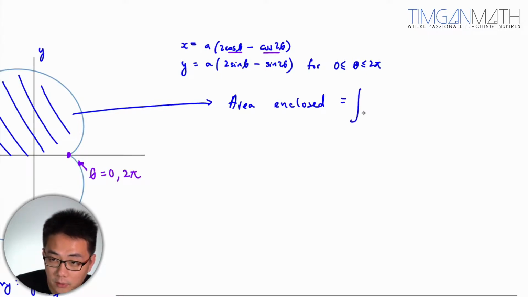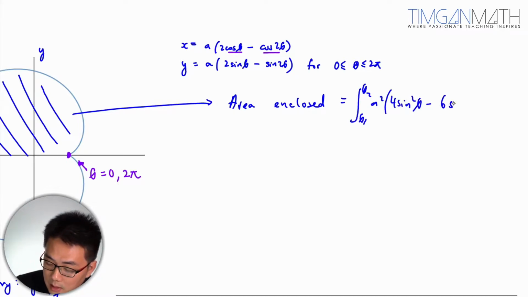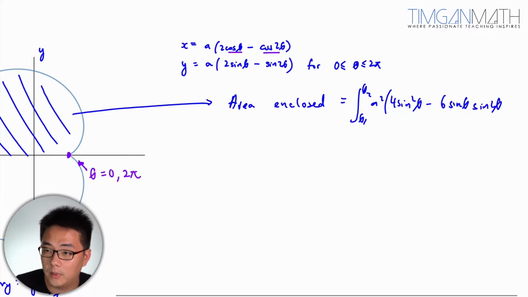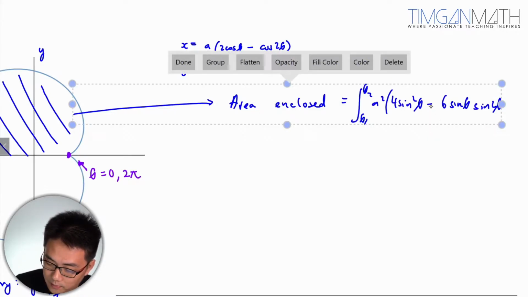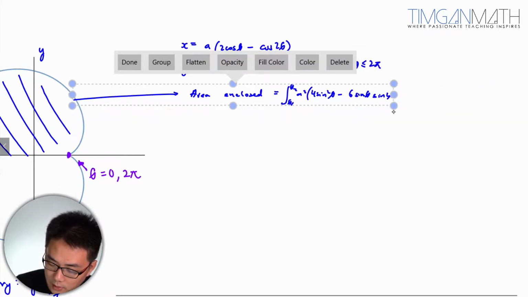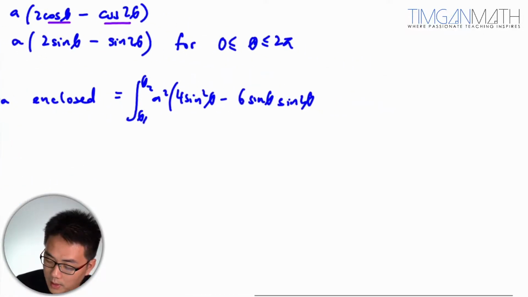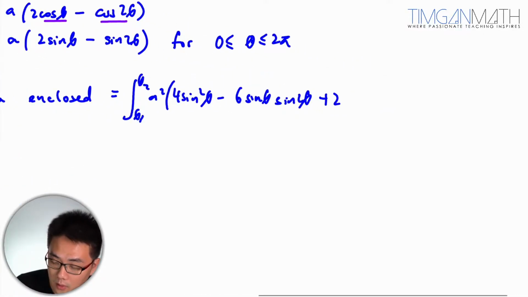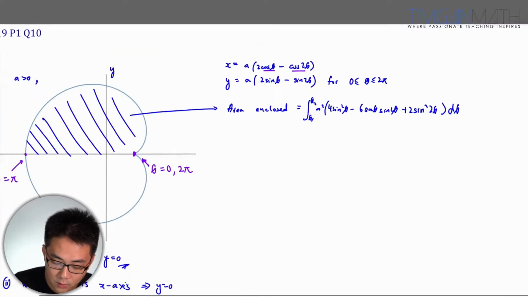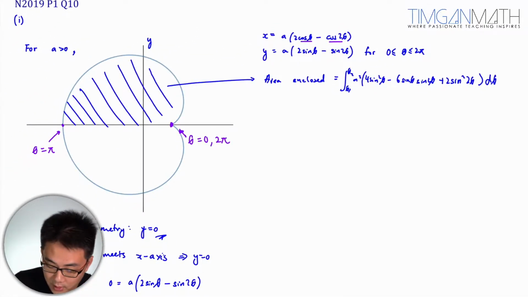is actually from theta 1 to theta 2 of a square, 4 sine square theta minus 6 sine theta sine 2 theta plus 2 sine square 2 theta. Okay, so I'm just gonna write this down here. Plus 2 sine square 2 theta. Okay, great. Before we start, I think what we should do is just find the boundary here in terms of